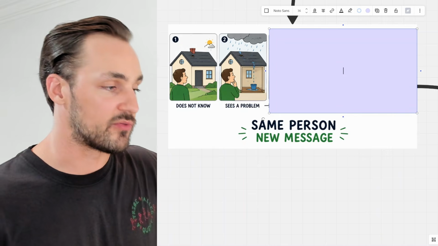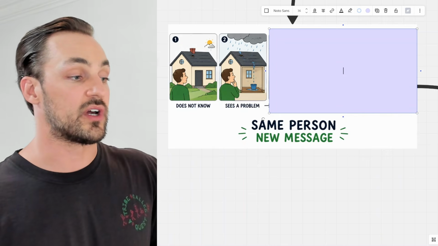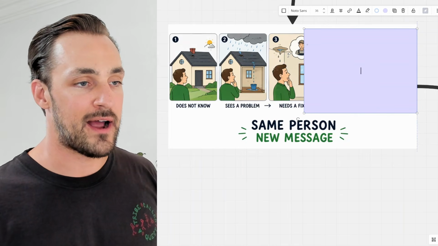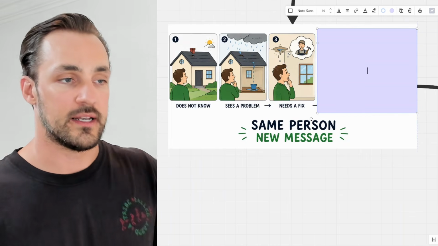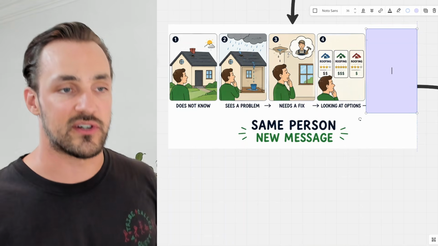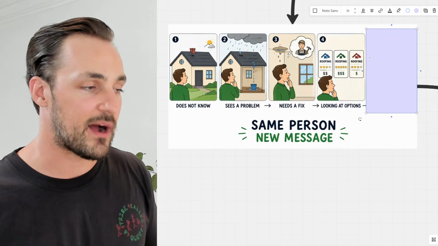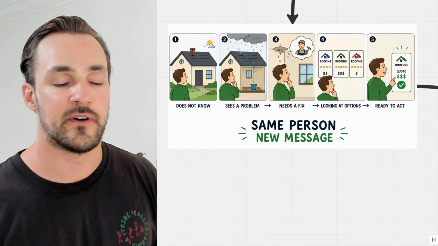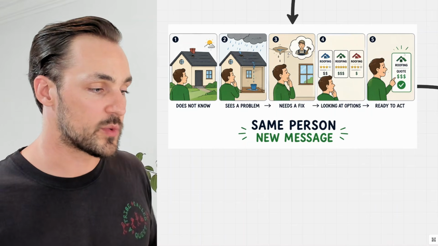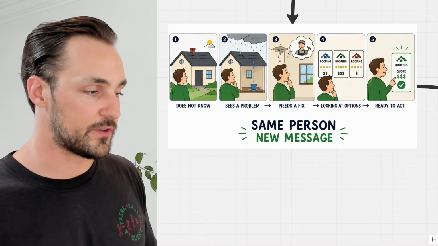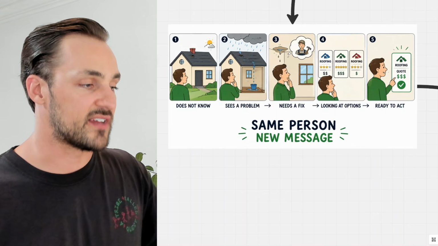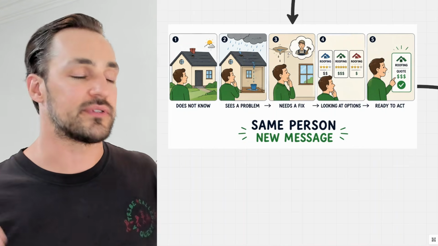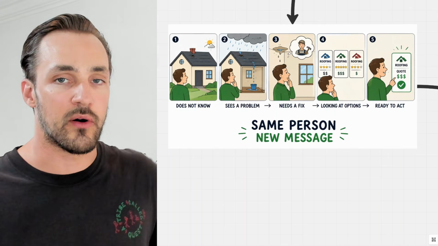Now you know something's wrong. Then maybe you look up and realize, hey, the roof is leaking. You start looking around and you see, okay, cool, now I need a fix. Now I'm doing some research. Now I'm finding there are all these different options out there. Then eventually you get some quotes from different roofers, and ultimately you decide which one is the best choice for you, right? Same person, same roof, same problem, but the conversation changes completely dependent on what that person already understands